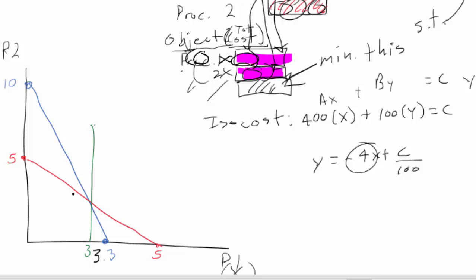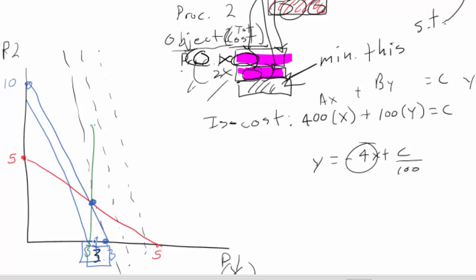This slope right here is minus 1, right? So this is going to be steeper, minus 4. It's going to look something like that. And then I say, how low can I go? By changing my constants and still meeting my constraints until I get to right there. Actually, that blue constraint should be a non-binding one. It should be sitting in here a little bit. So I'm going to reach my constraints right there, and then what I would have to do is, and I know that that's where